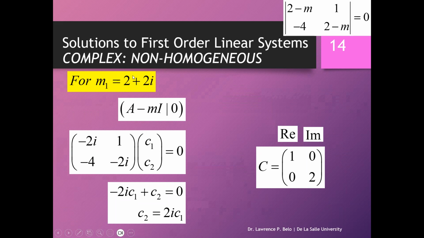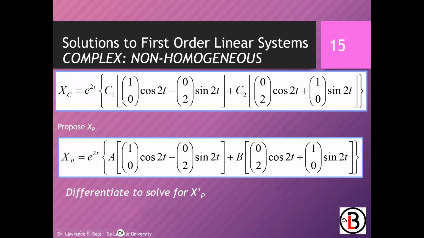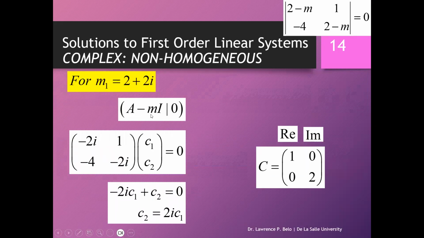Okay, so we have this, the first root. And again, for complex roots, some of you might ask, Sir, bakit pag complex roots, isang beses lang kami nagsosolve? We're not solving for the second one, the 2 minus 2i, because it has already been accounted for. Kaya dalawa nga to, may isang plus, isang minus na nagbaliktad ng partner in order to account for the conjugate, di ba? Conjugate roots. Okay, so in here, if C1 is